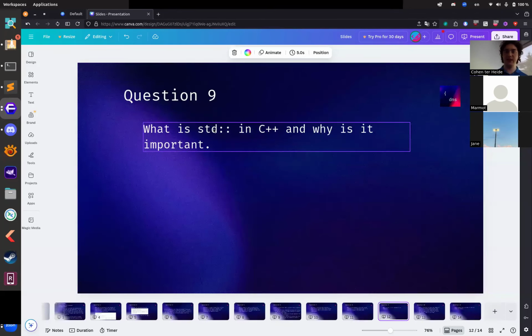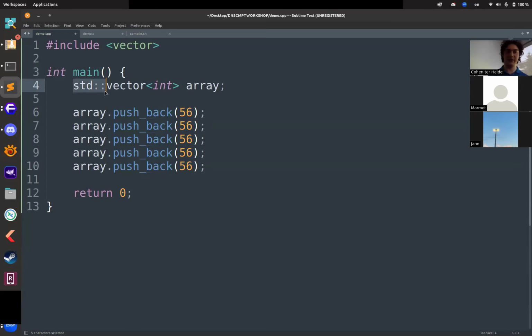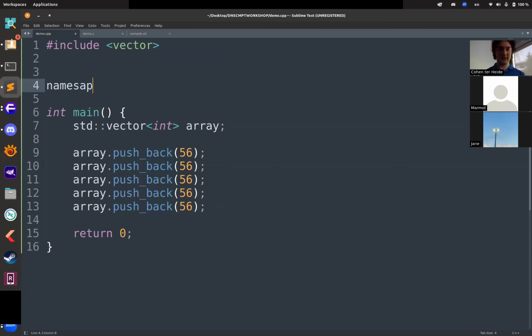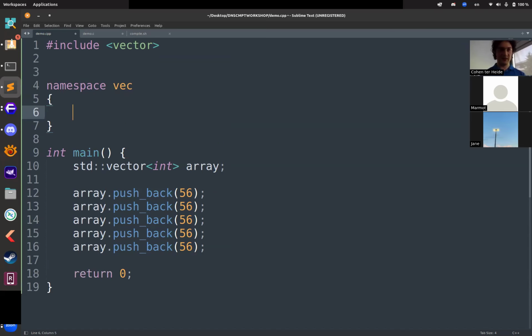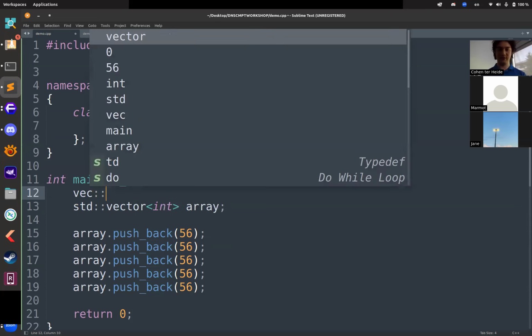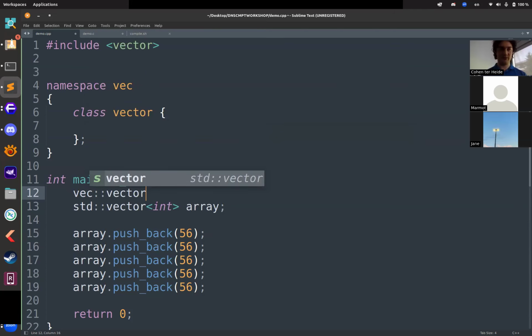So you'll probably have seen std and two colons in C++. Really all it's doing is specifying. So if I wanted to, what I could do is create my own version of a vector. So I could say namespace vec, and then inside of here I could create a class vector. And then I could have my own vector listed here called vector, which maybe if it was a template,